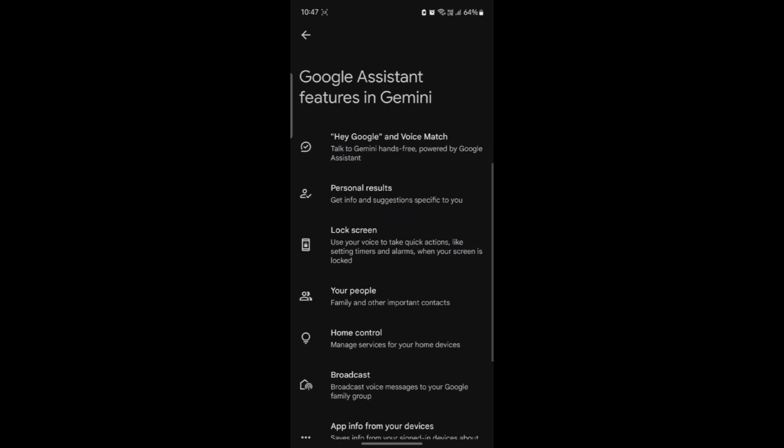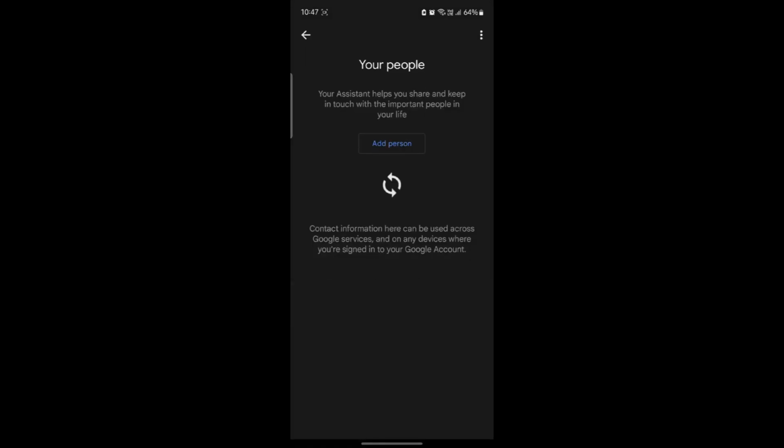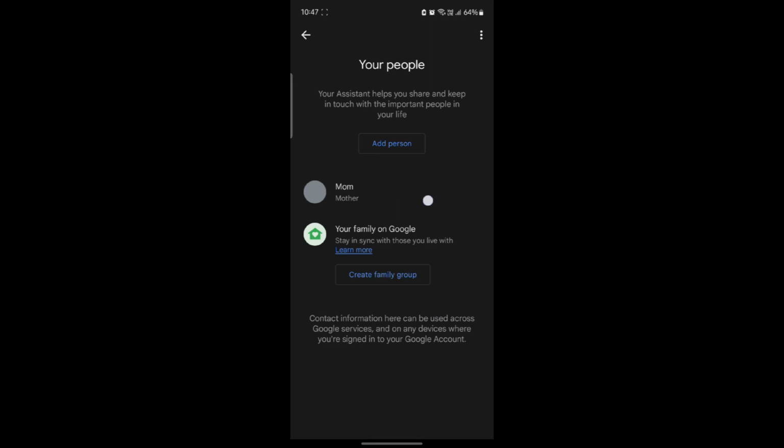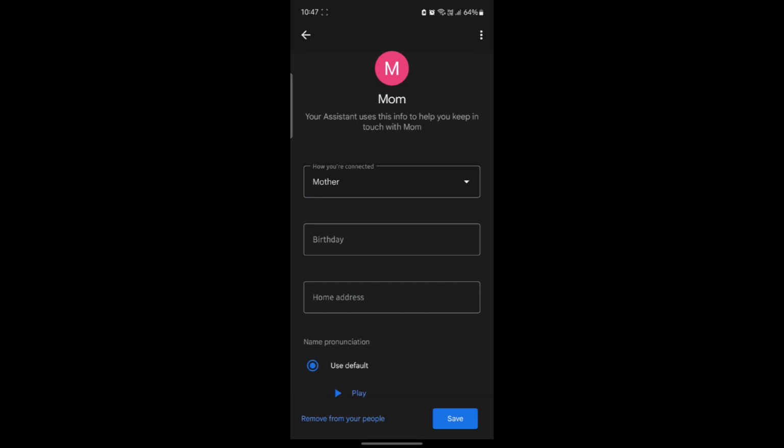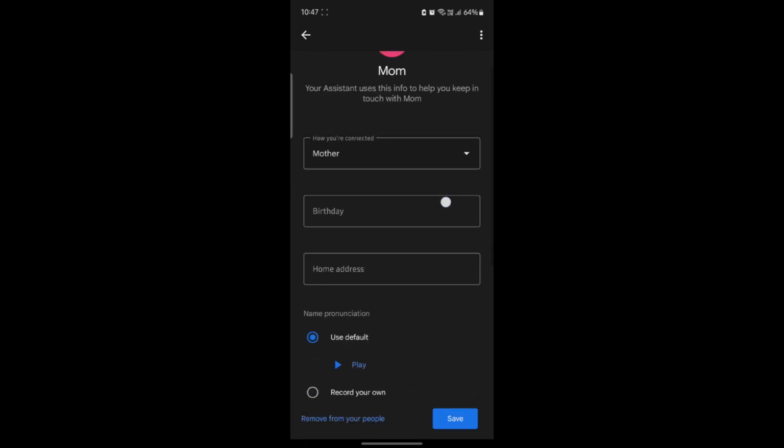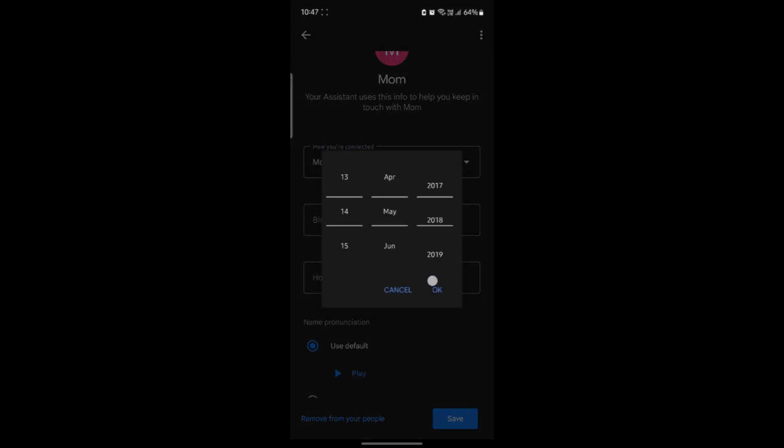Scroll a bit down, you can see your family and other important contacts, which is called your people. Tap on it and you can see that your mother is set. So go ahead and tap on mom and you can see that you can choose your relationship. So go ahead and choose your mom, write down her birthday over here or choose the birthday manually and then